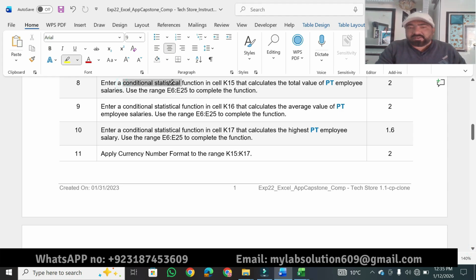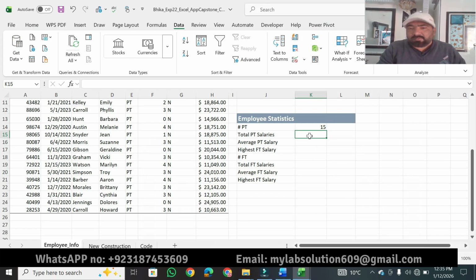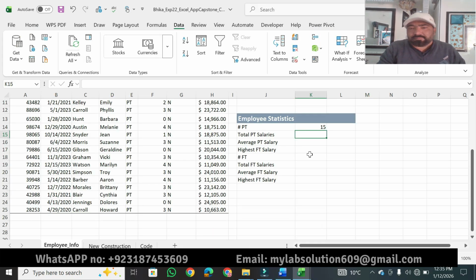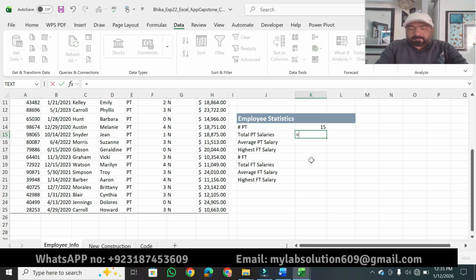Enter a conditional statistical function in cell K15 that calculates the total value of PT employee salaries. We have to use this range to complete the function. Now we have to move toward cell K15 here, and here we have to use a conditional statistical function to calculate the total value of PT employee salary. So we have to use the SUMIF function, and for that